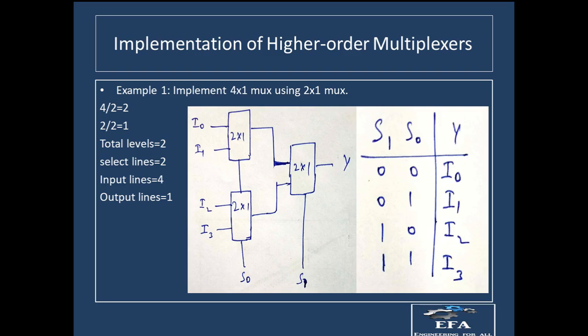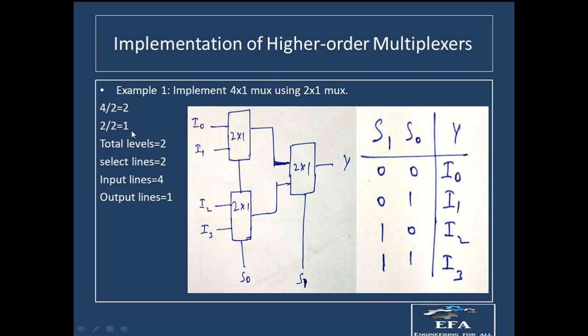So for that, let us say we have a 4 is to 1 mux which has to be implemented. First of all, divide this 4 by this 2. So 4 divided by 2 will be equal to 2. Again divide this 2 by 2, and keep on dividing till we get 1 at this position, or we get a fractional number. So 4 by 2 is 2 and 2 by 2 is 1. Now we have received 1, so we cannot divide this 1 again by 2, and we have to stop over here.